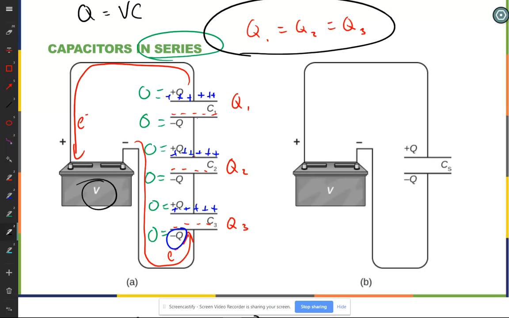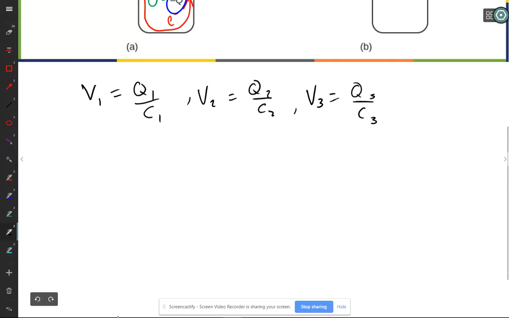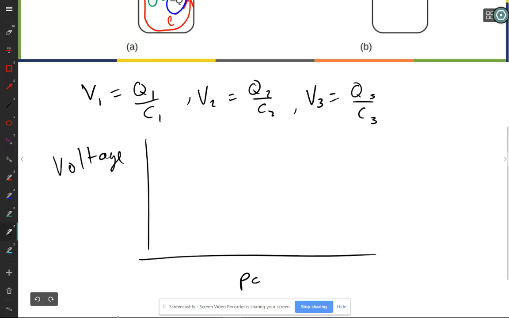As you go around the circuit, if you get back to the starting point, the sum of all the voltages is going to have to be 0. Because the voltages, remember, they're actually voltage changes. They're changes in potential energy per charge. And so we can take this and say that means that I have essentially, if I make a graph of voltage as a function of the position in circuit,